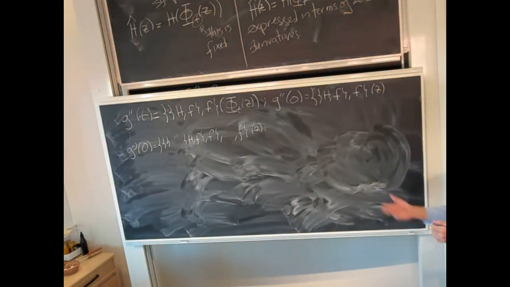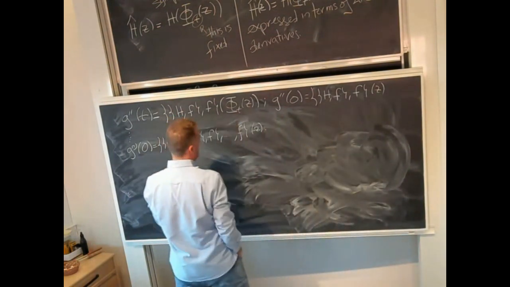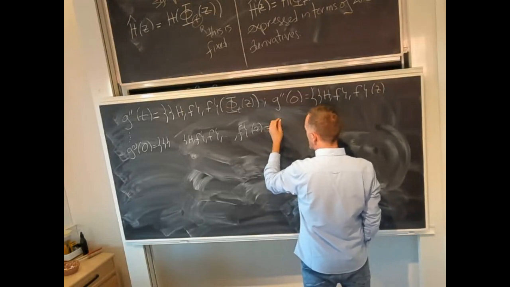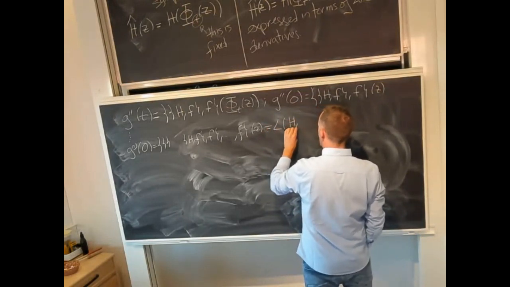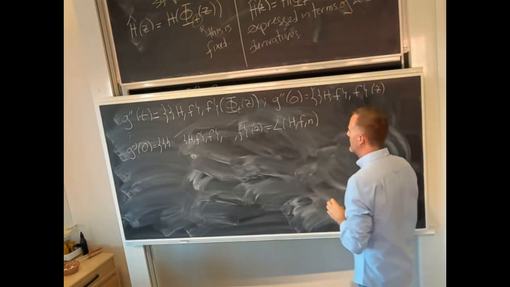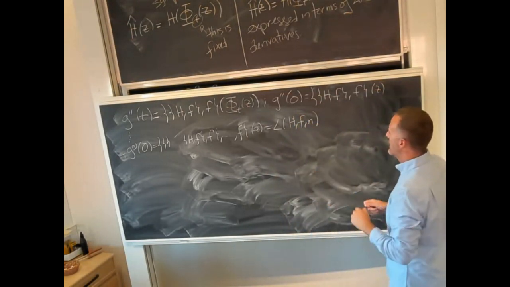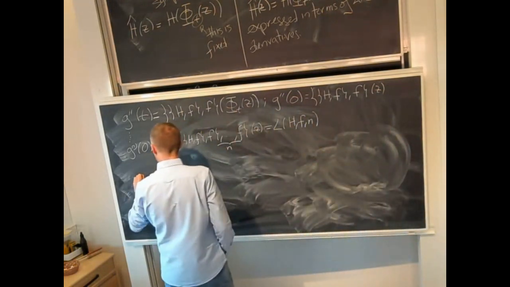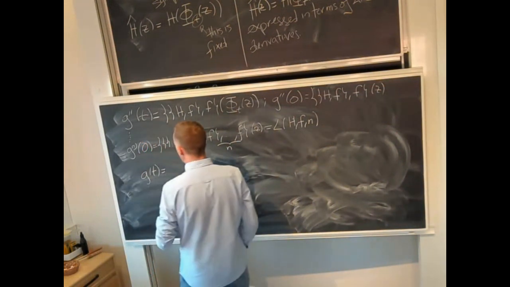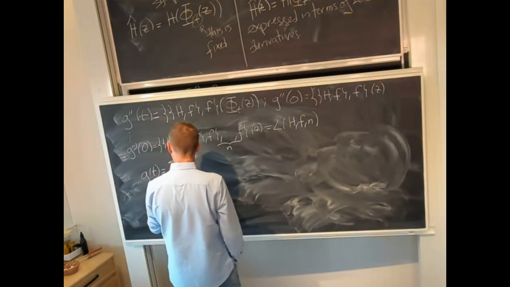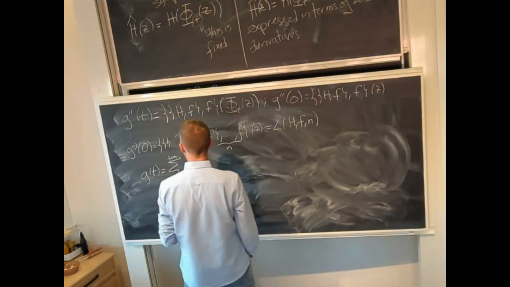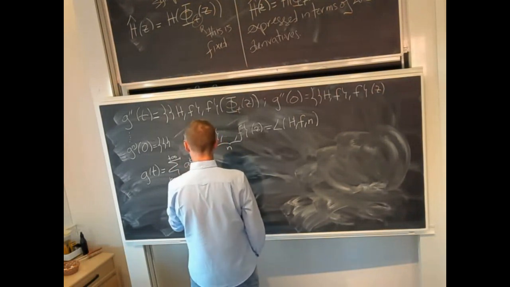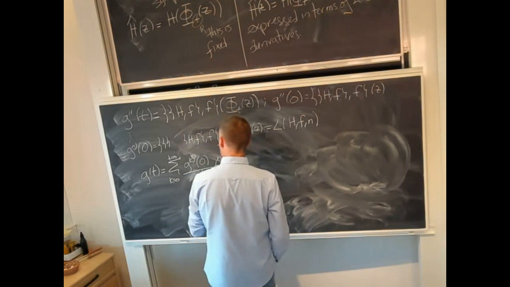So finally, if we call this recursion of Poisson brackets n times L of h, f, n, then the Taylor expansion of g of t is the sum from n equals 0 to plus infinity of the nth derivative at 0 over n factorial t to the n,